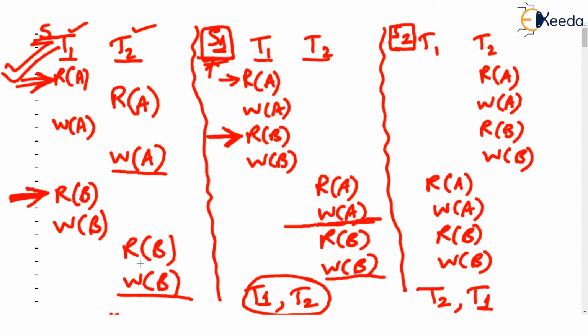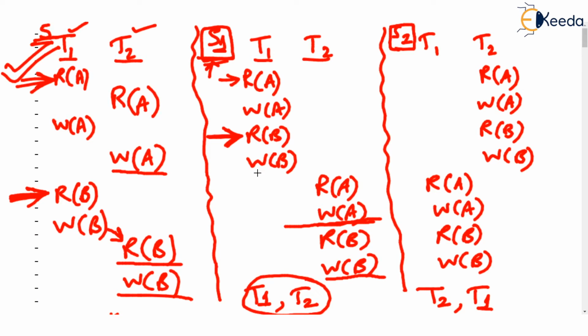Here is the read. Oh, here is the interesting part. You just see this read B. Now, this is a read operation on B getting done by T2. But this read B is the updated value of B, which was done by T1. So T1 writes B and T2 reads B. I hope you are understanding in the concurrent schedule. The same thing should happen in the serial schedule.